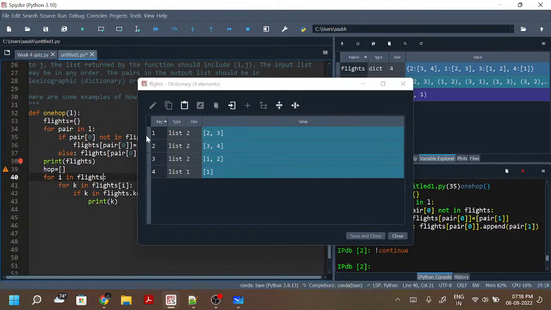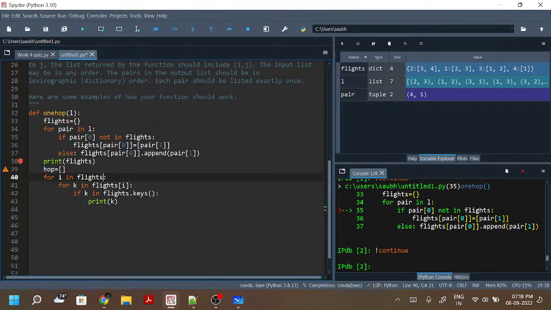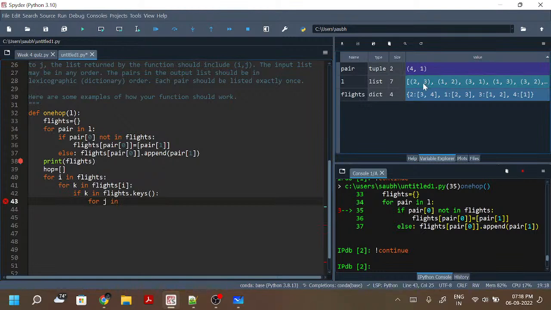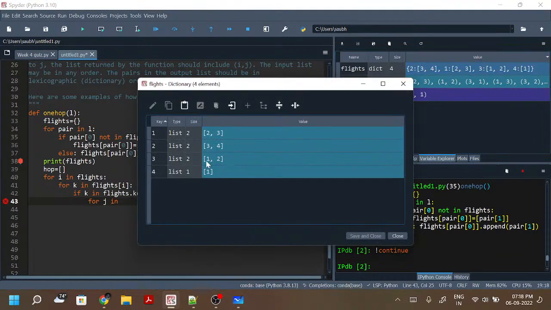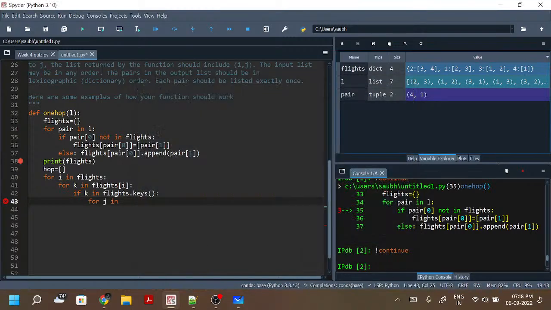For i, this is my i. Now this is my k. If k is in flights.keys, then for j, my j's are these. If it is first 2, so k is 2, my j's are 3 and 4. So for j in flights k,